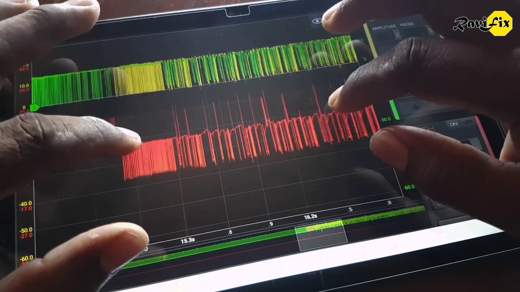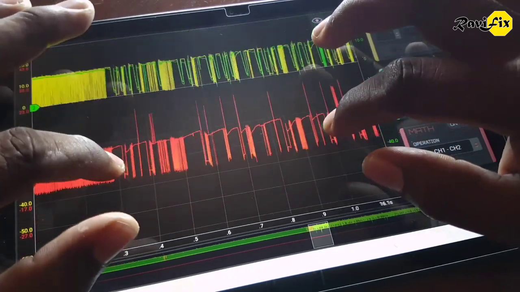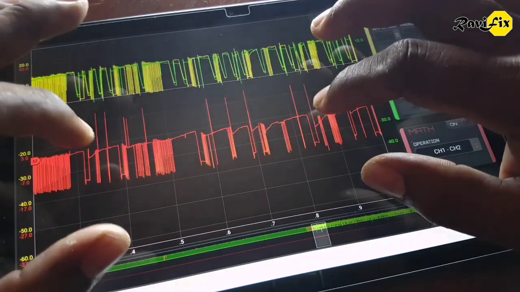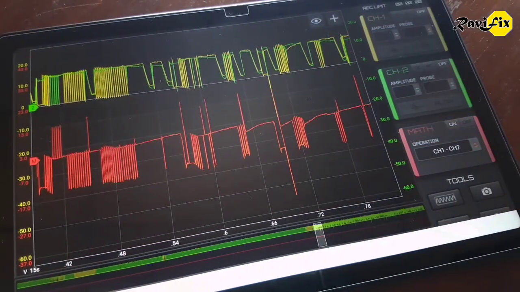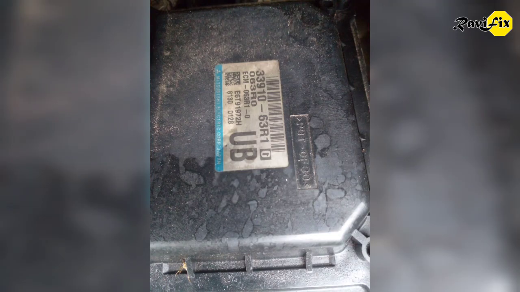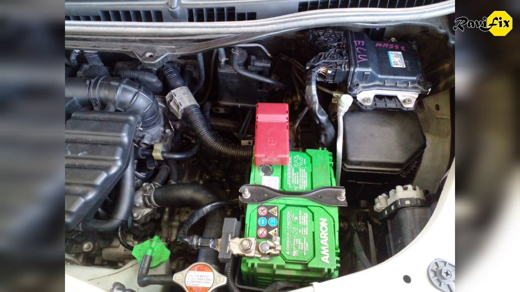The last thing we can suspect is whether bad ECM power or ground supply could cause this matter. I checked the ECM power and ground supplies, and all are okay. So I am confident enough that this is a bad ECM. Finally, we found a junkyard ECM for this car, reprogrammed it and swapped the ECM. No more throttle not responding problem. It was a successful case study.